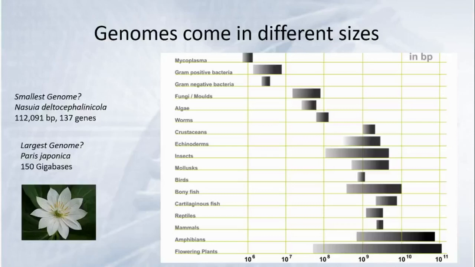So let's just look over some of the variation in genome size here. And so you can see that there are very, very small genomes. For example, the smallest genome that exists is from a microbial organism that's actually in a relationship and functions together with leafhoppers, if I'm remembering correctly. And so you can see that genome is very small. It's only a little more than 100,000 base pairs, only has a little more than 100 genes,